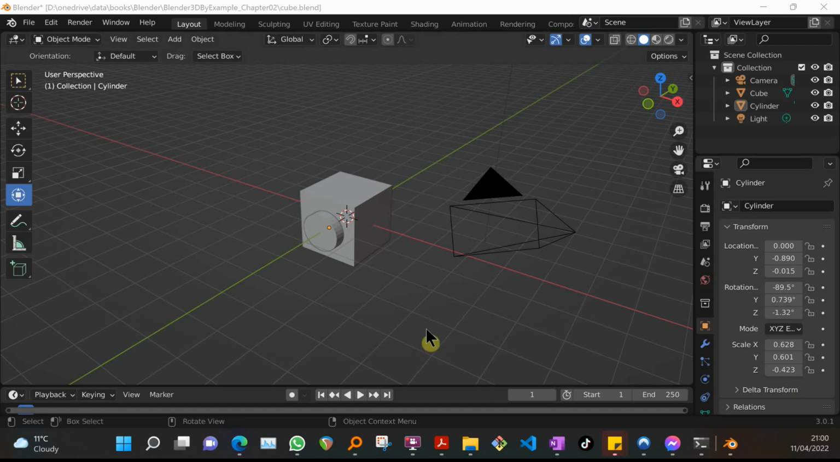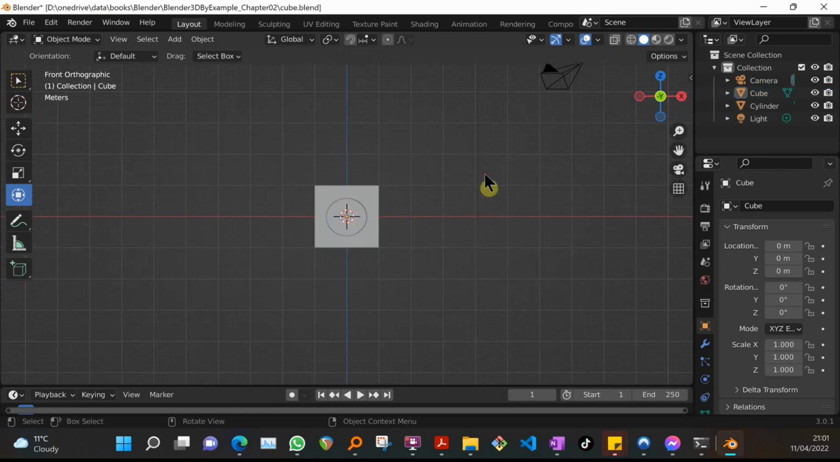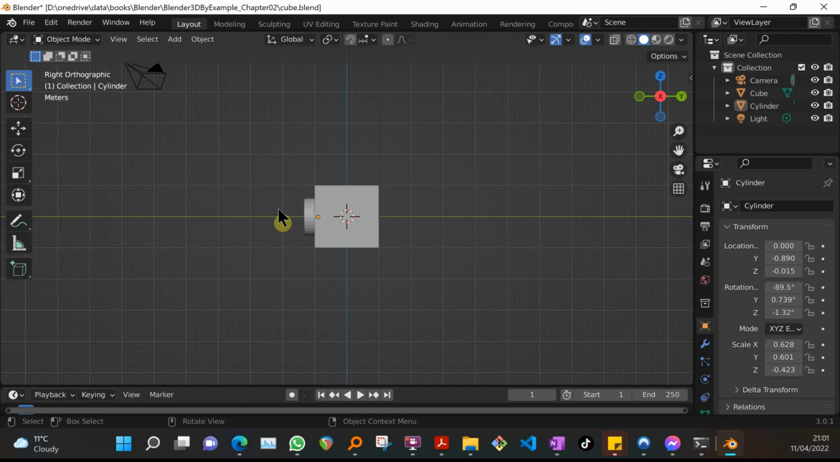This is now playing with booleans. So what I have is good old default cube, and on top of that, well, separately, I created a cylinder, and if we look at its orthographic views, if I select it there, yeah, it's digging into the cube,